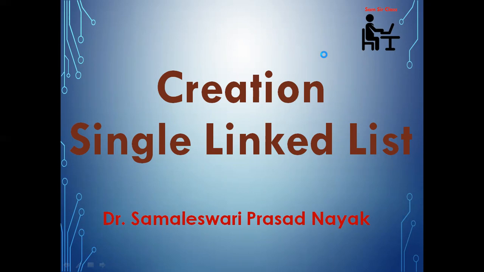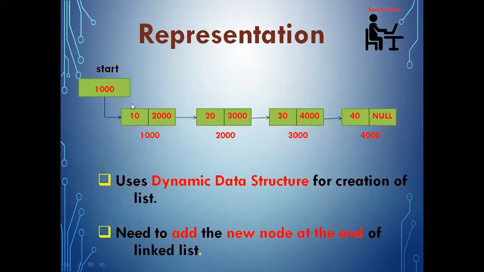So while representing a single linked list, there are multiple nodes I need to keep. But again, the start node will keep the address of the first node. So how to do that? First of all, I'll create a single node. For example, this is my first node that I have created, and after the creation I need to give this address to start, so that my start variable will keep the address of the first node. After that I need to create the rest of the nodes.